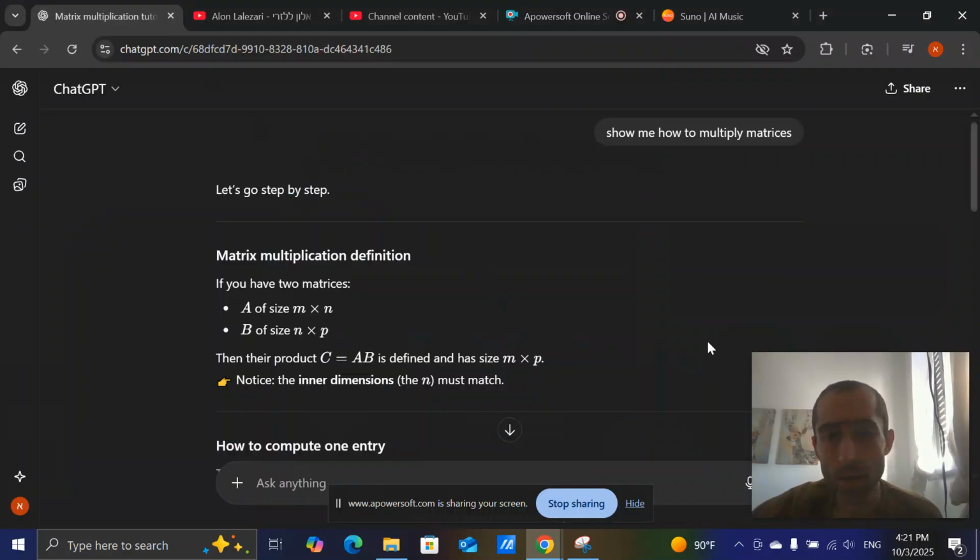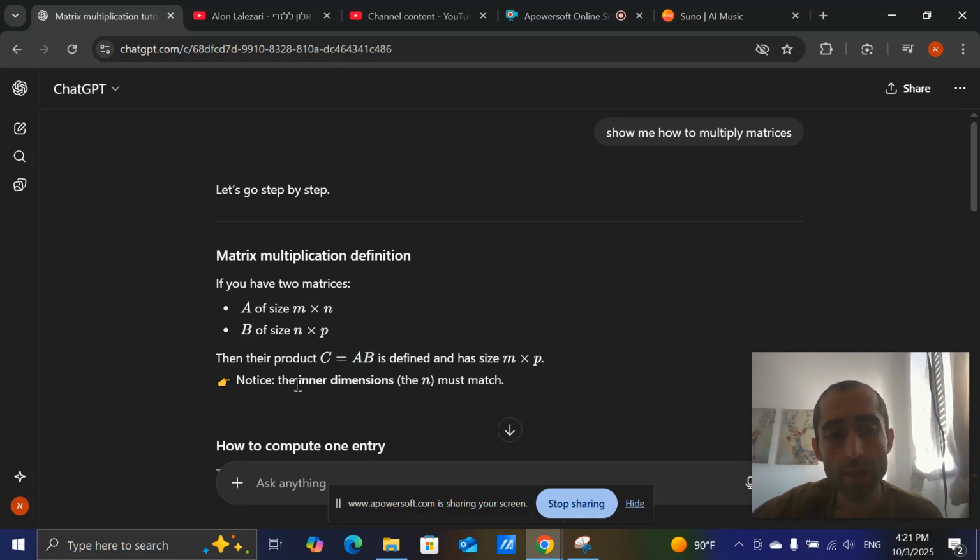Okay, so let's go through how to multiply two matrices. Let's start. We have two matrices, one called A, whose dimensions are m rows and n columns. And the second one is B, which is n rows and p columns. Now, in order for the multiplication A times B equals the result, which is C, to be valid, we need